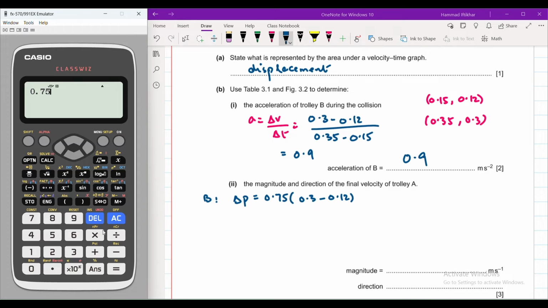So 0.75 times 0.3 minus 0.12, that is 0.135 kg m/s. Now the trolley A will undergo the same change in momentum but in the opposite direction. So minus 0.135 equals mass of A times V minus U. So that is going to be